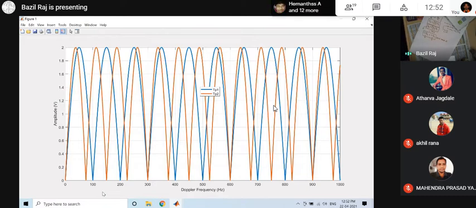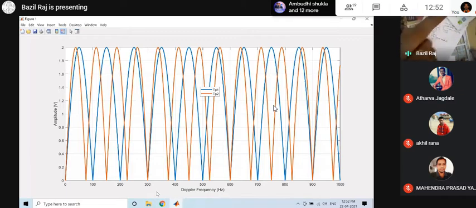So look there now. You count the FP1. This is the first and this is the second blind speed. This is the third blind speed. Understand, third blind speed. You look there, 300 hertz. And then you come to FP2: first FP2, second FP2, third FP2, fourth FP2. There is a blind speed. So at this point both PRFs are responding 0. If the target travels at 300 hertz Doppler, your first PRF will not tell you, the second PRF also will not tell you.